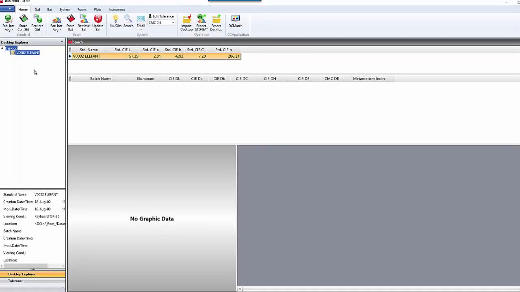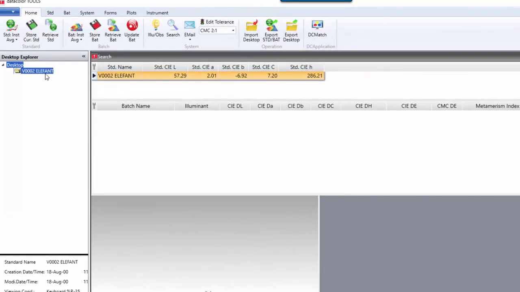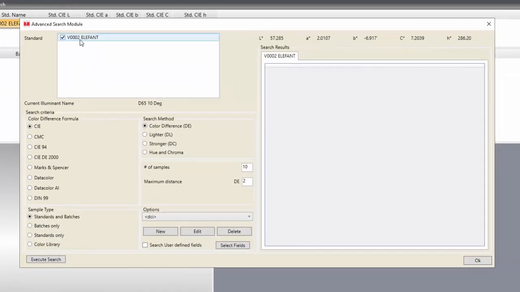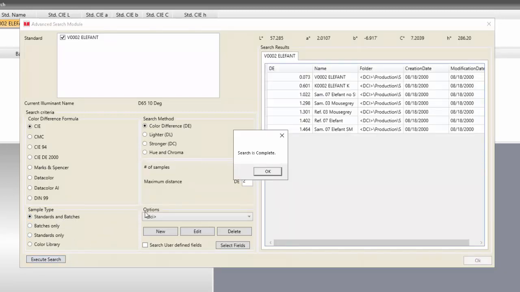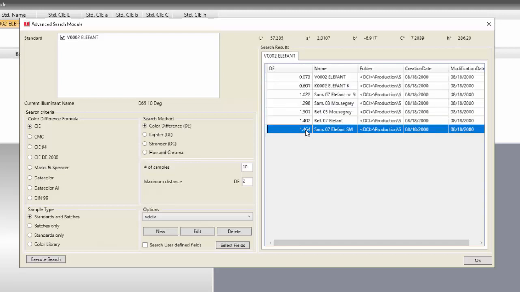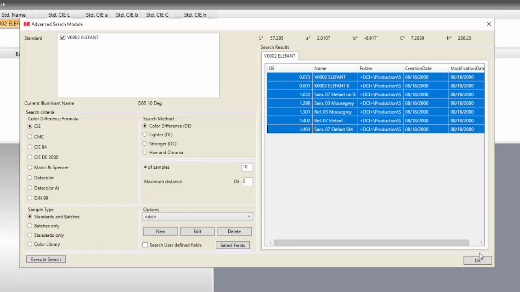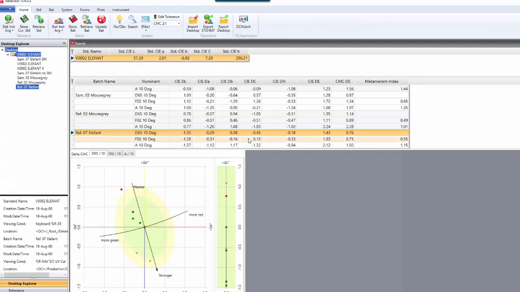Here in Datacolor Tools, we have imported a standard from the customer, V0002 Elephant. We'll now search the database to see if we can find colors close to this. We'll click on Search. V002 Elephant is highlighted and Standards and Batches is chosen. We will click on Execute Search. It will tell us that the search is complete and there are a number of samples that match the elephant to a varying degree. If we highlight these samples and click OK, it will bring these samples to the desktop and we can examine them